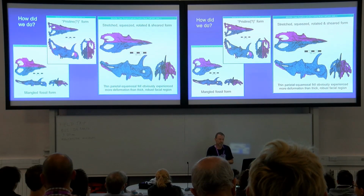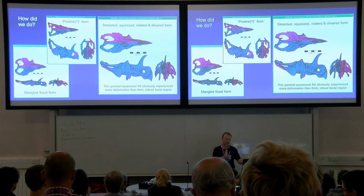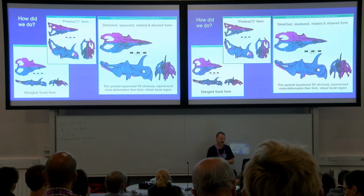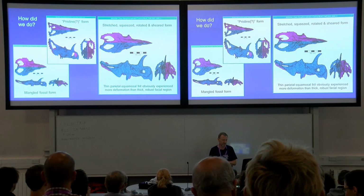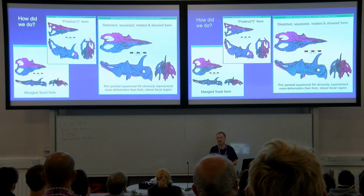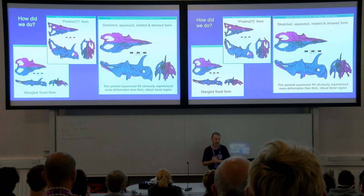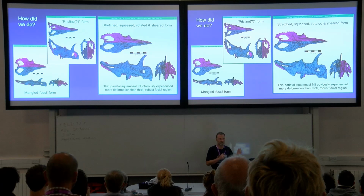But we think we've got a method here for undoing stuff, and I can squeeze and shear and unmangle these things in all sorts of directions. I guess the biggest problem with this is there's no real unique solution about what stages of processing and transformation you apply. And also, if you did a squeeze, a shear, and a